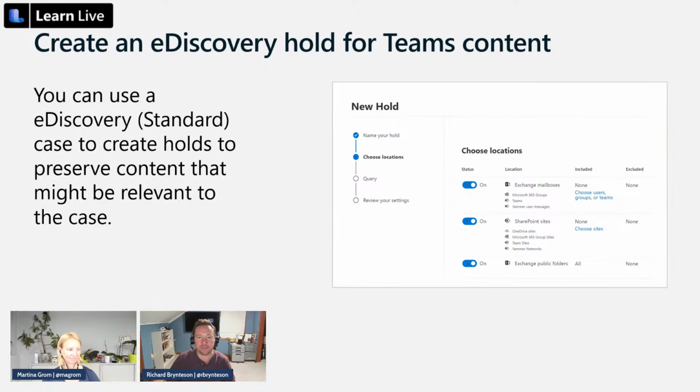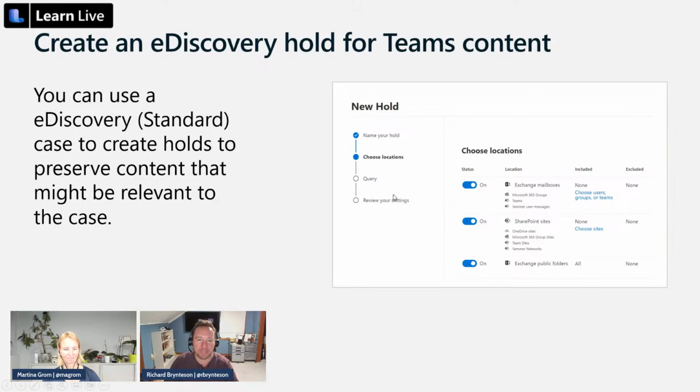And what's critical here is when you see things that say Exchange mailboxes, underneath it, you'll see that it says Office 365 groups, Teams, and Yammer, right? Because that discovery information for those items is actually stored in Exchange. So that's why we're searching those Exchange mailboxes. And the same thing with SharePoint, right? When you say SharePoint sites, SharePoint is really big. It does a lot of things now. So it's OneDrive and group sites and team sites and Yammer and all those things.